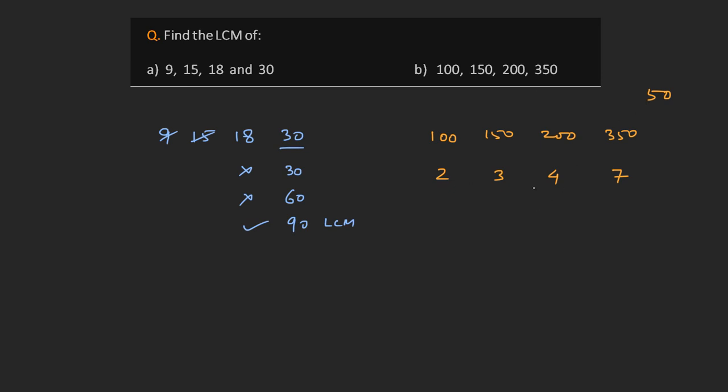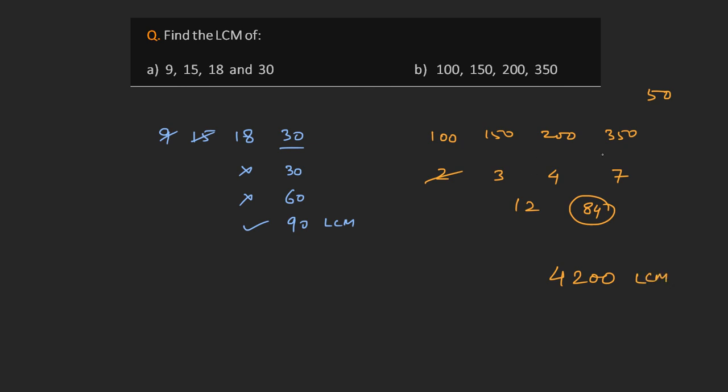Now, what is the LCM of these numbers? We can ignore 2, it is a factor of 4. What remain are 3, 4, and 7. Their LCM would be equal to their product. How? That's a trick for the next example. For now, we'll just proceed. 3 times 4 is 12, and 12 times 7 is 84. So the interim LCM is 84. Multiplying 84 by 50, we get 4200. This is the LCM of the numbers here.